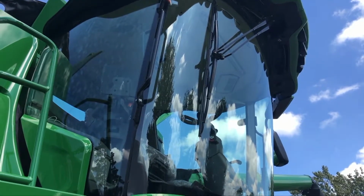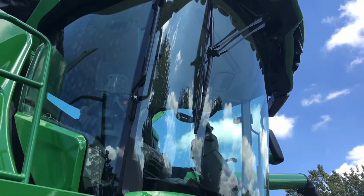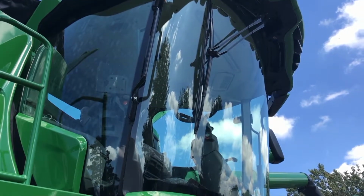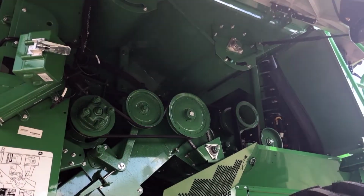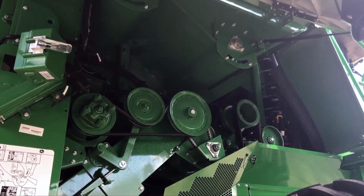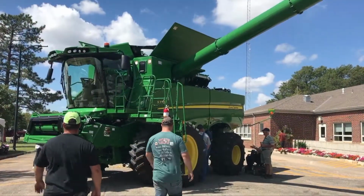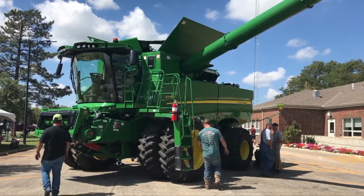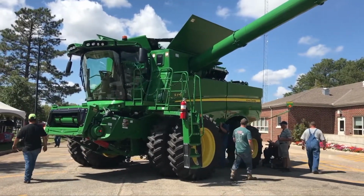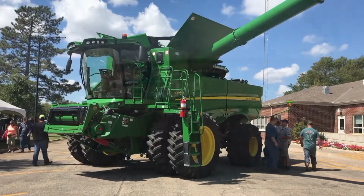We have 5 adjustments that we work with. We work with adjusting the concave, the rotor speed, cleaning fan speed, the chaffer, and the sieve, all adjusted based on analyzing that crop off of the threshing going on. And that pulls away one of the items that the operator has to be concerned about and is dealing with. And once we get that grain tank sample and everything in place that we like, then